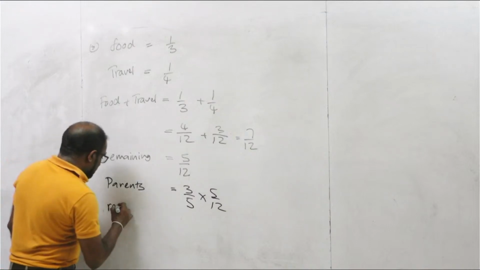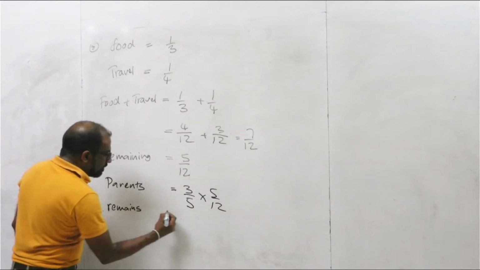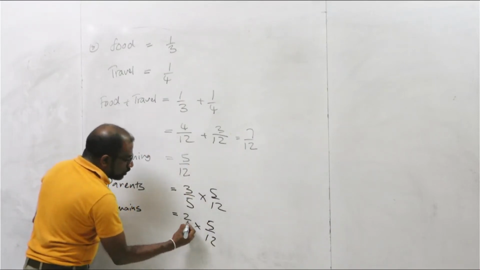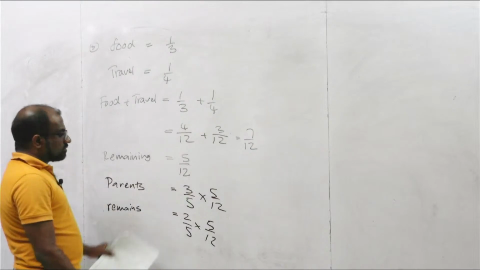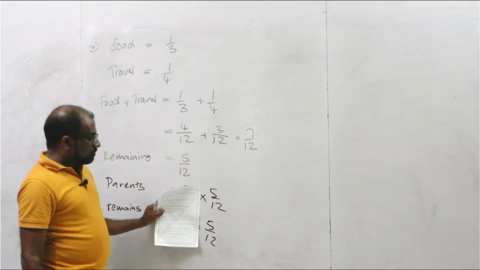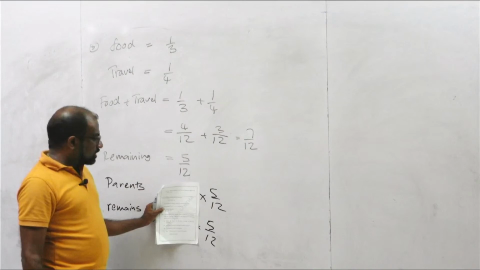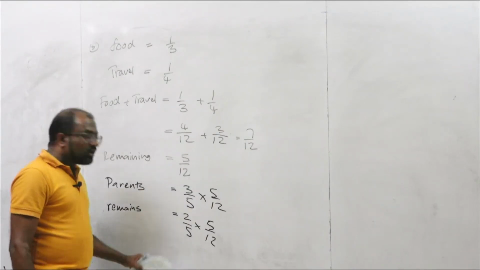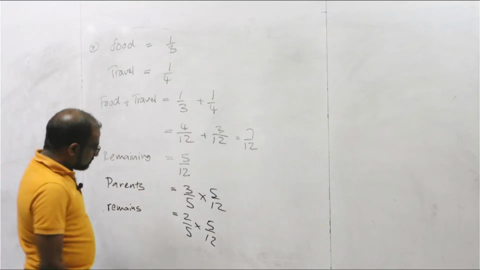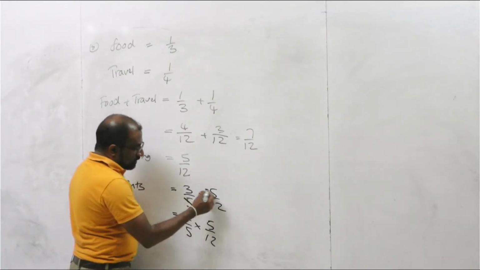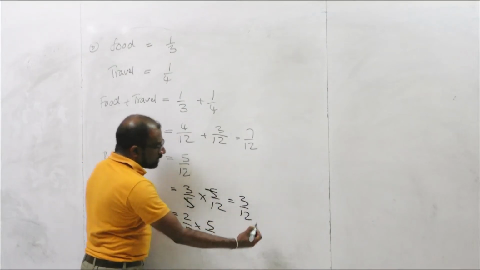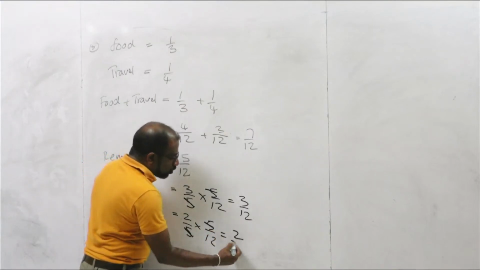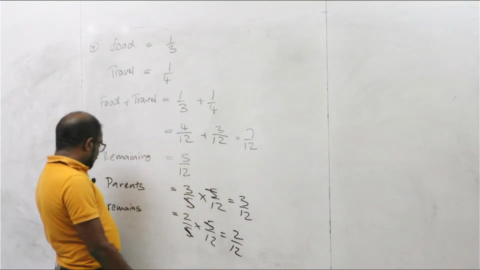And again remains. Again remains how much? From the same remaining 5/12, 2/5 remains. Right? From that 3/5 parents, 2/5 will again remain. Simplify. 5 and 5 cancel. 3/12 spent on parents. 5 and 5 get cancelled. 2/12 is sent to